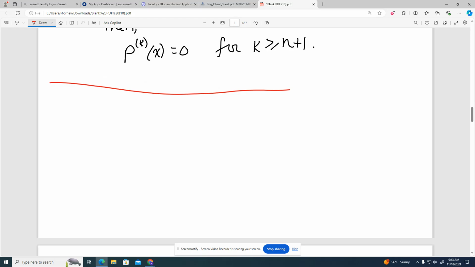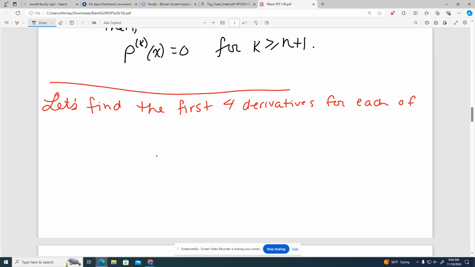All right, so let's find the first 4 derivatives for each of the following examples. I'm going to write this so that I don't have to keep writing the directions. So we'll do 4 examples. Okay, so let's look at